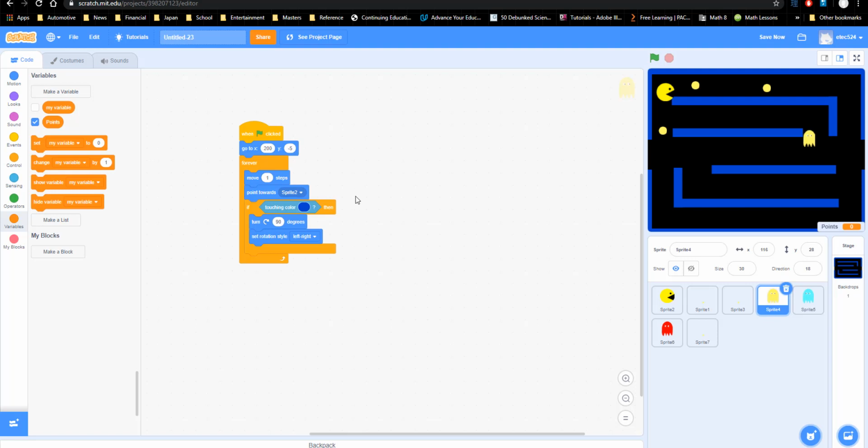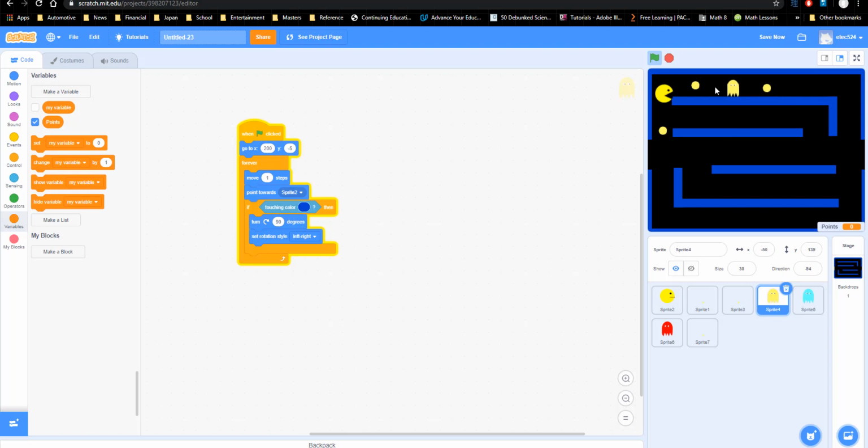I did a little bit of difference here. If he touches that blue wall, he's going to turn 90 degrees and then make sure you set that rotation style as well. So let's just see how he works. So you can see him, he's coming. So he started from over here. Now you see how he doesn't bounce against that. Then he comes through. Now he does go through the wall a little bit, but generally he does a pretty